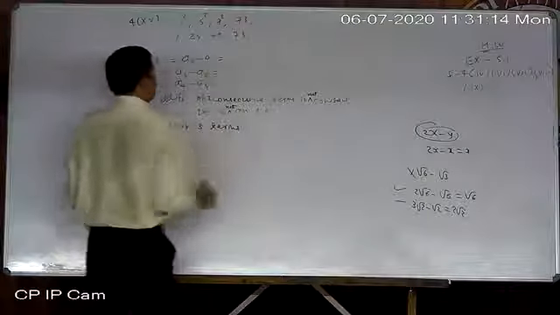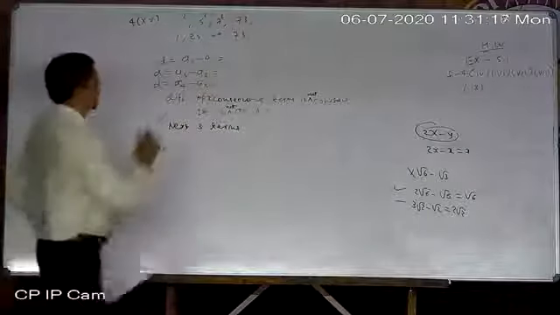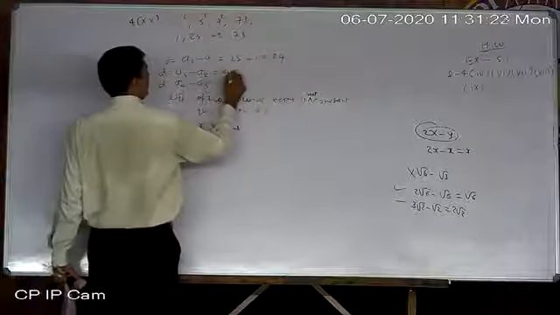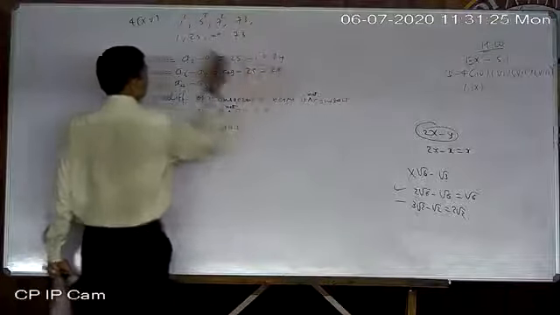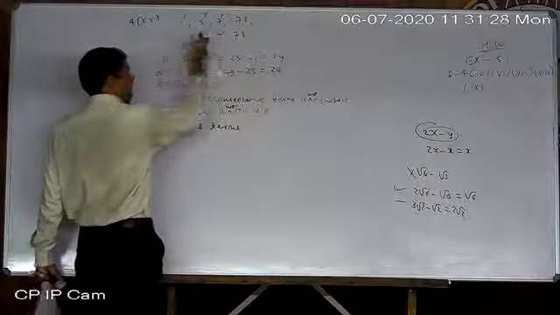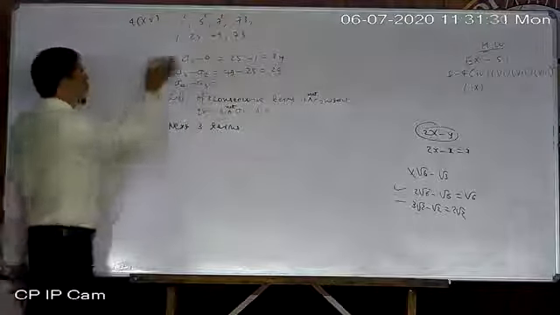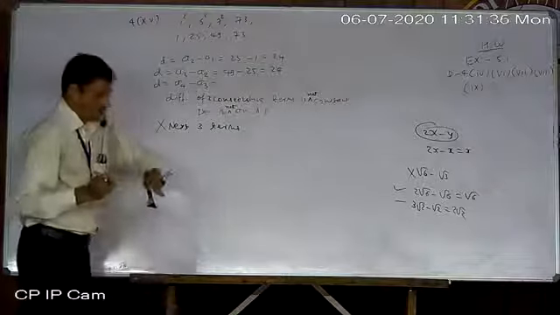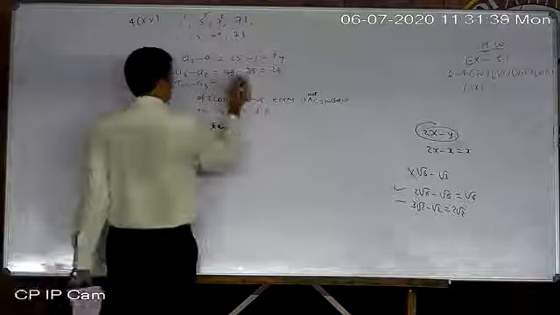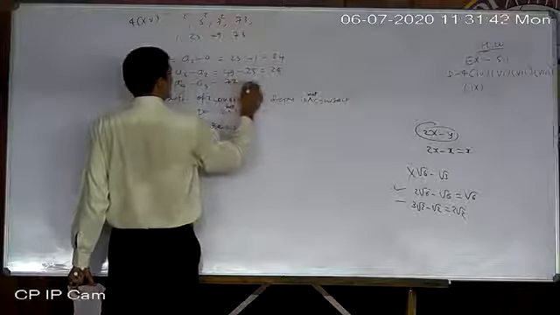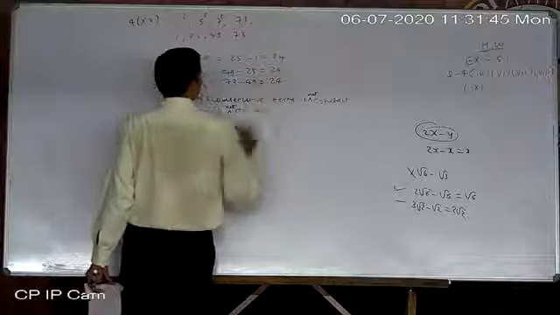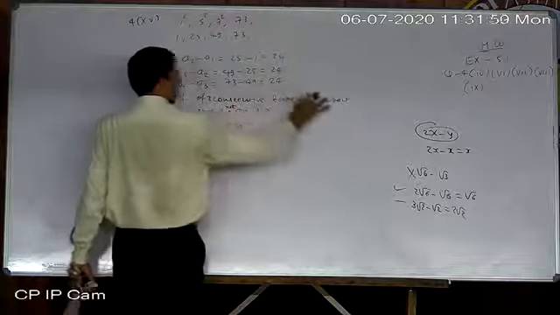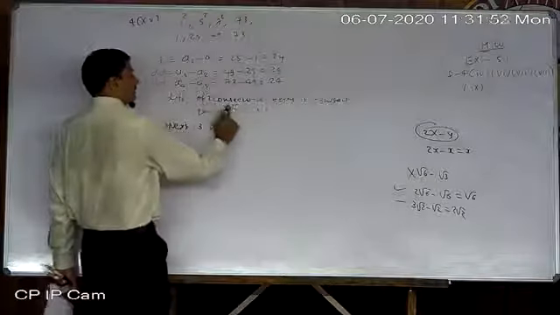Now, write down here: 25 minus 1, 24. 49 minus 25, 24. This is second minus first, third minus second, fourth minus third. So we are finding all the gaps, and all the differences should be constant. Then 73 minus 49, again it is 24. So now the difference is constant.